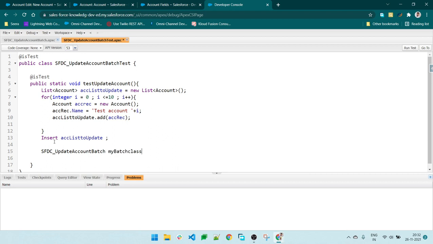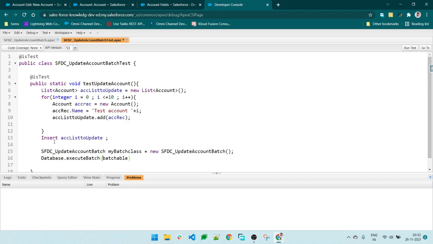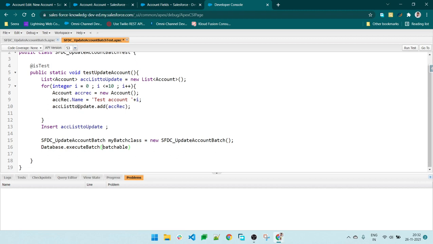My batch class is equal to new, creating the instance of the class, and call the standard Salesforce method Database.executeBatch. We are not giving any batch size, like what the scope of the batch should be, so it will take the default size 200, nothing else. Sorry, not this. Our batch class name should be passed here, so I am passing this.